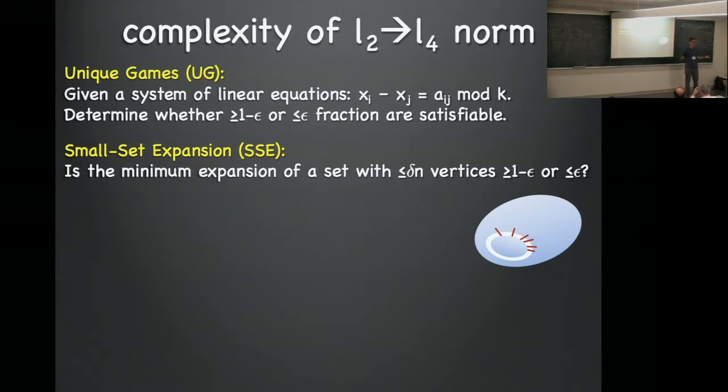But Boaz can maybe tell you why that doesn't seem like a bad restriction. You know, this equivalence here only works for unique games that are on a graph that is a small set expander, but people are not too bothered by that, it seems. Yeah, I think there are like several camps where morally it's the same as small set expansion, and I'm of the camp that morally unique games and small set expansion are the same.